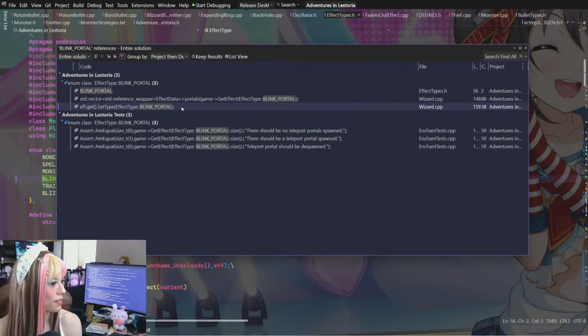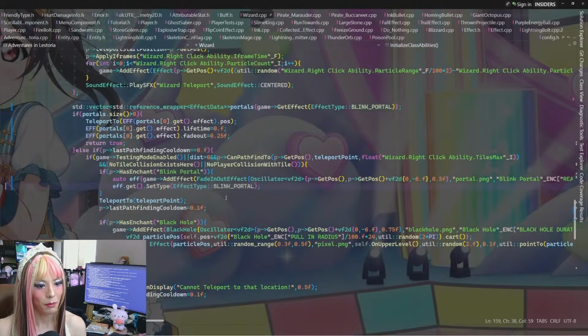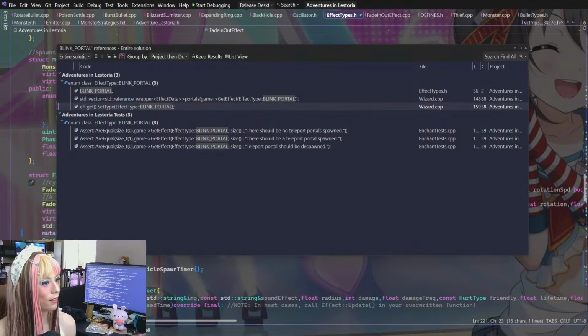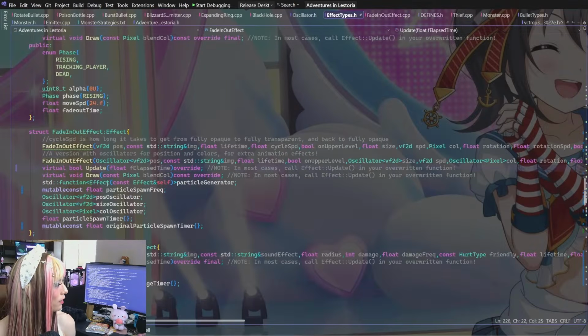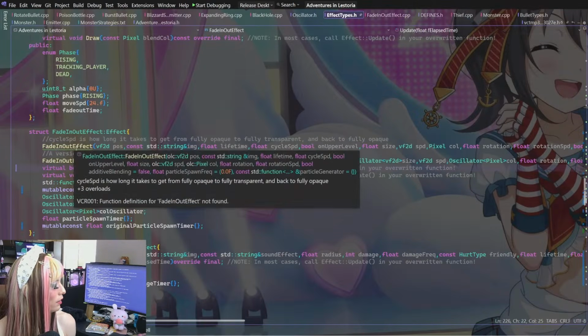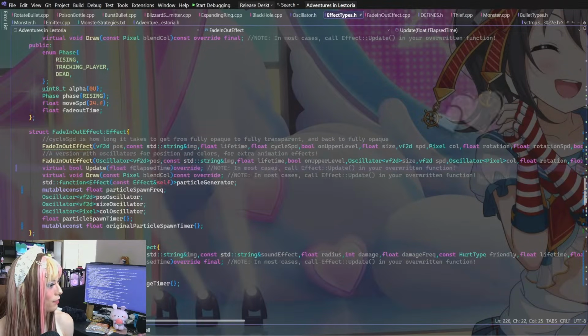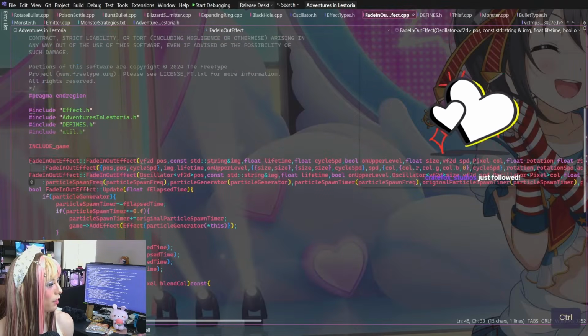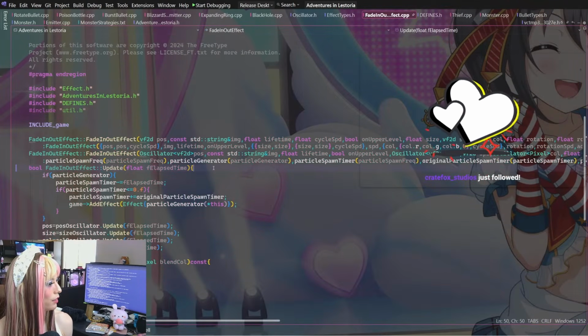Under the set type, we create a fade in out effect. Okay, fade in out effect should be fine. Let me see. Function definition not found. Ooh. Are we just missing a constructor?